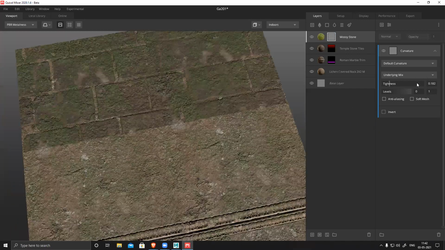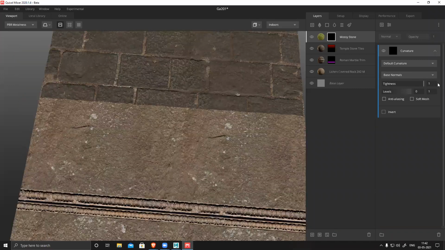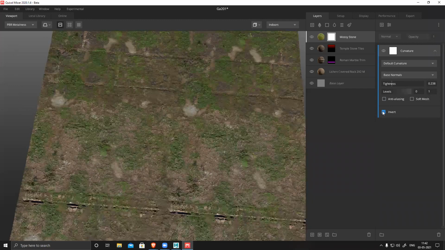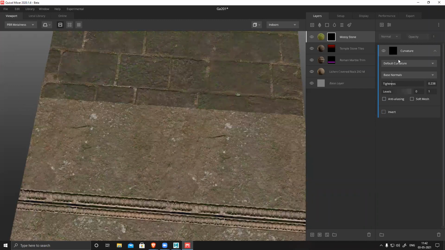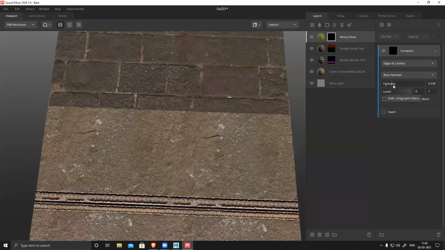So you can see, make it really sharp, a little blurry. Then you can see I have base normal. Based on the base normal, it will generate moss level, I can increase contrast. This is contrast. Nothing happening. Invert, yes, invert. The base curve is almost flat, so there's no detail. Edges only I can use, or edges and curves I can use. Let's see.